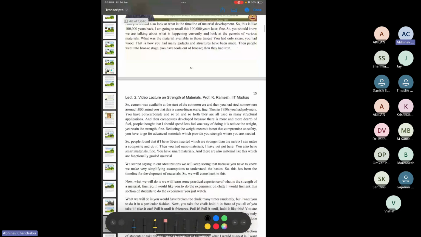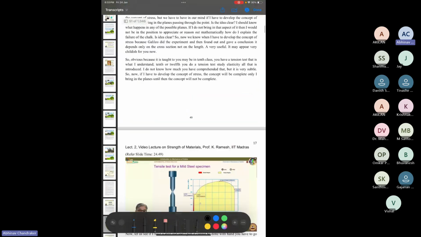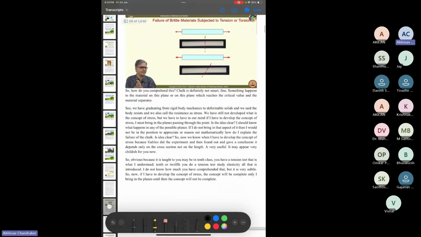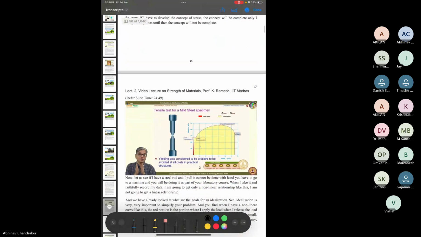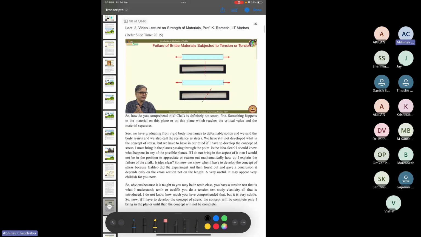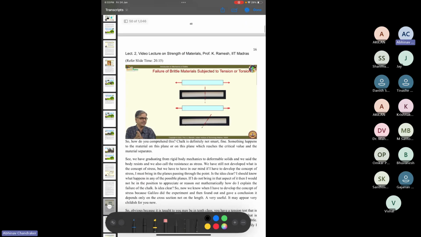I think we can directly go to, I'll quickly go through all of these initial concepts so that we can spend more time on understanding stress tensor and related concepts. So, important